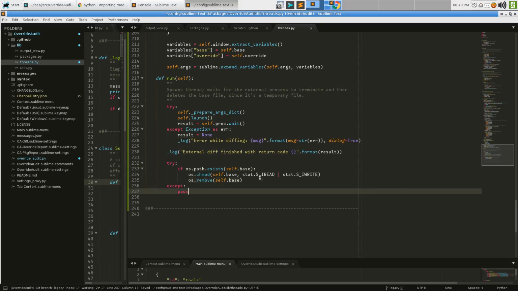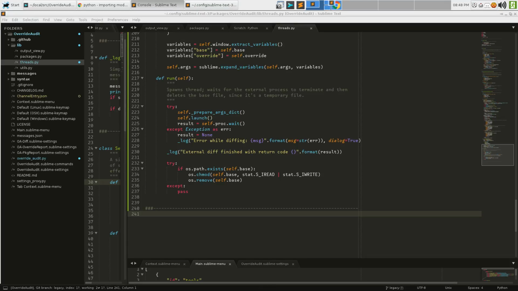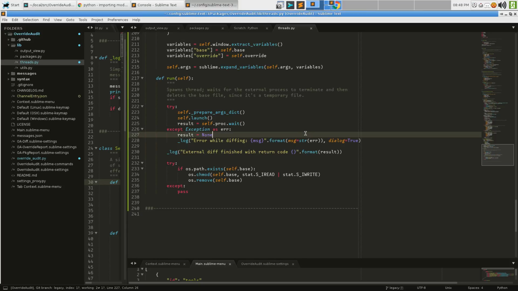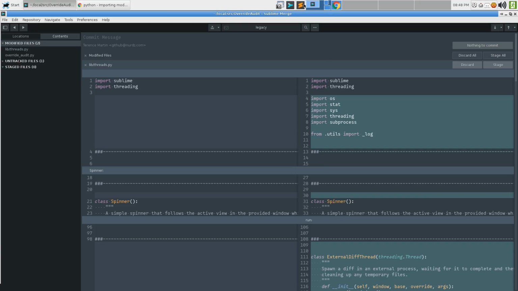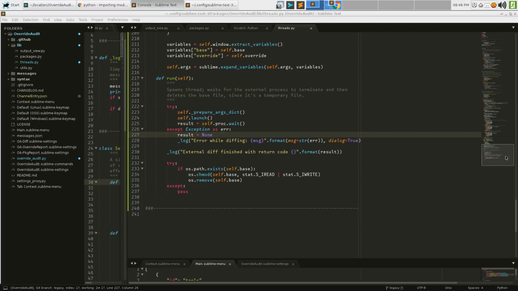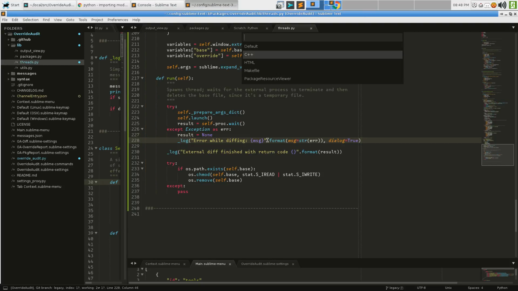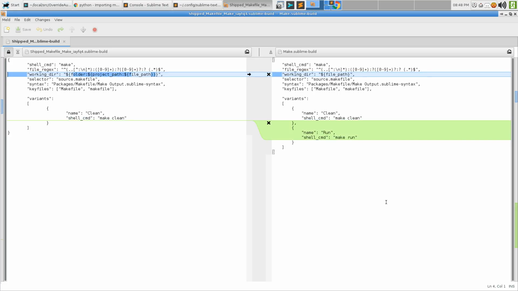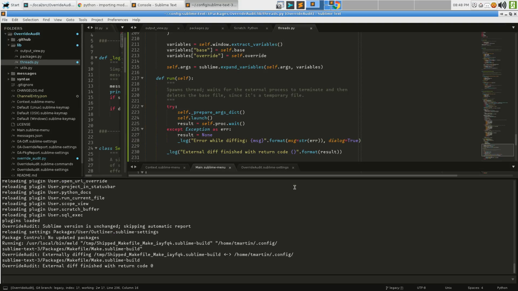And those are all of the places where something like that could happen, right? Now I'm going to open my console over here. Now let's quit and restart and just test out what we've got so far. So if I was to choose to diff that, I see what I did for that one. I can quit that. And if I looked in the console, we can see it saying override audit externally diffing